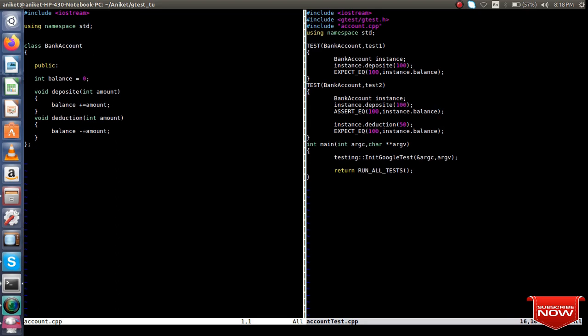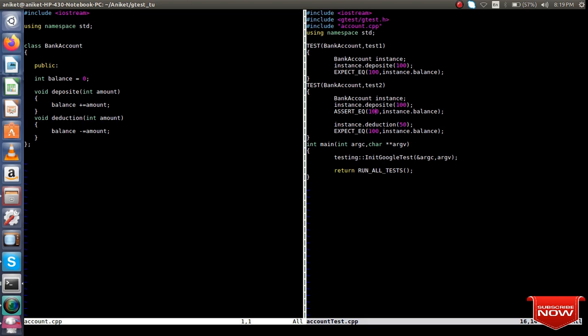The difference between assertion and exception is that whenever this condition is not satisfied, it will throw an assertion. As a result, your test case will halt, or it will directly stop executing. That means if this condition is not satisfied, it won't try to execute the next line.